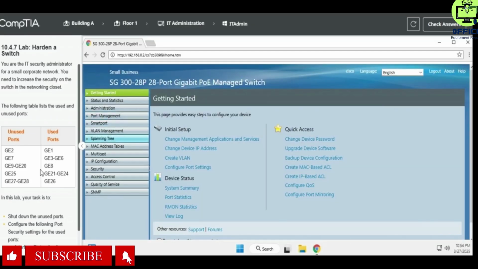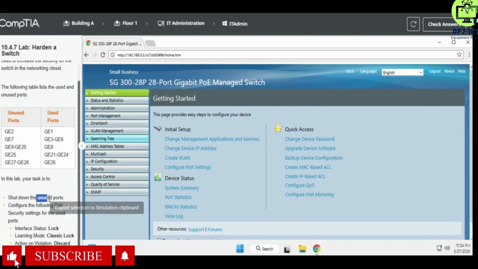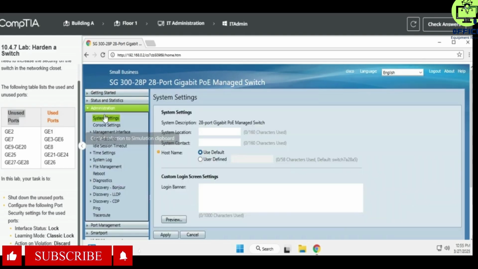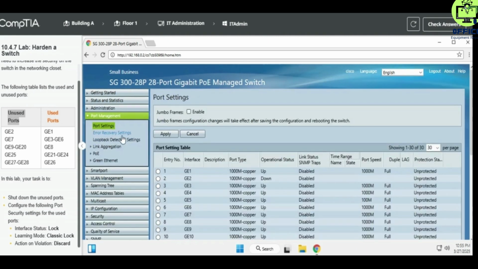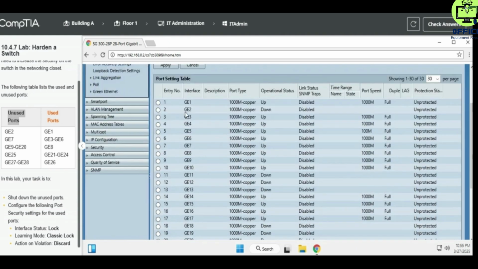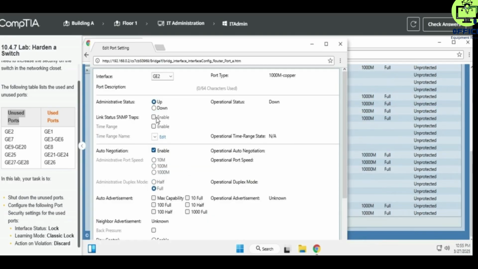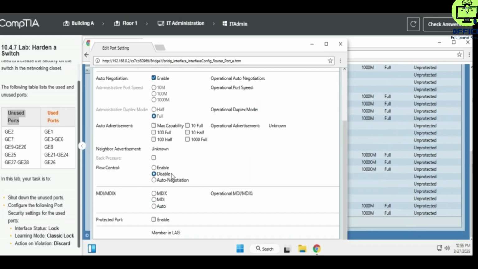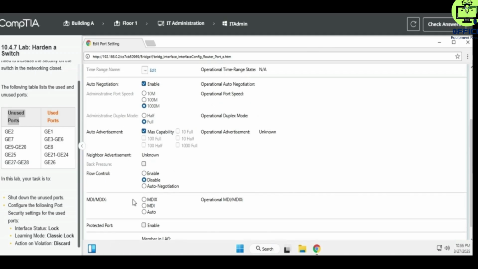We'll go to our Google Chrome and shut down the unused ports configured. Okay, so let's shut down unused ports. We have a list of unused ports we are to shut down. So let's start with port GE2, edit, down, we go to maximize so that you see apply, and